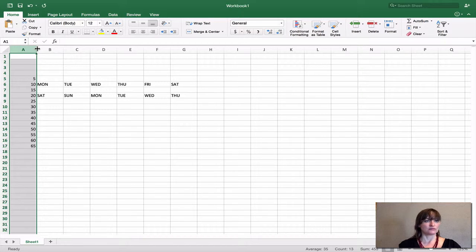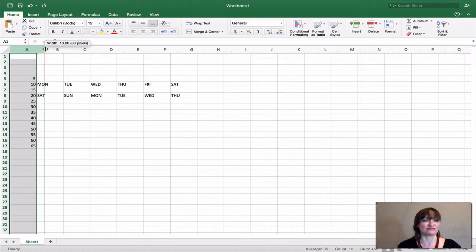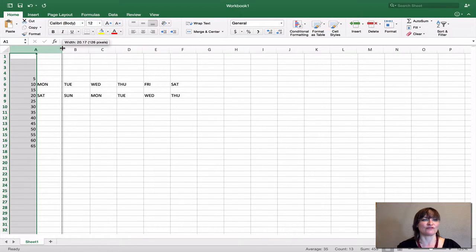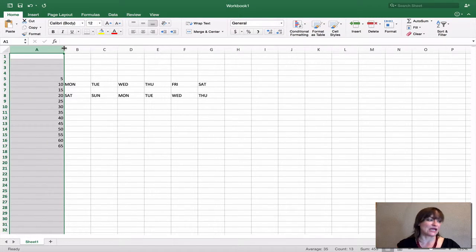What if I want to make column A wider? If I hover right between the header for A and B, you see that my cursor changes from the down arrow to a double-headed arrow, a push me pull you. And if I click and hold right on that division between those 2 columns, I can click and drag and make A wider. B didn't change size, everything else just got pushed over. A is just now wider.